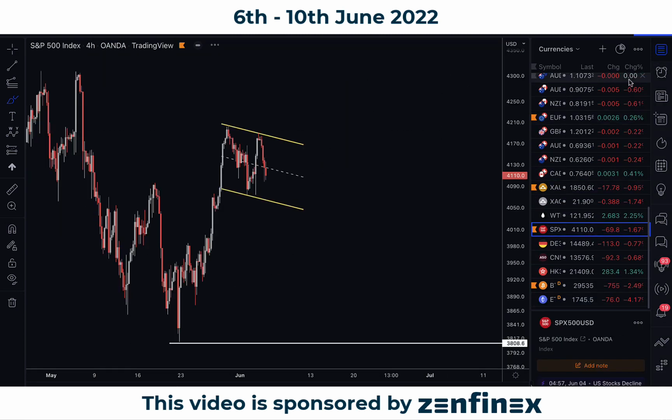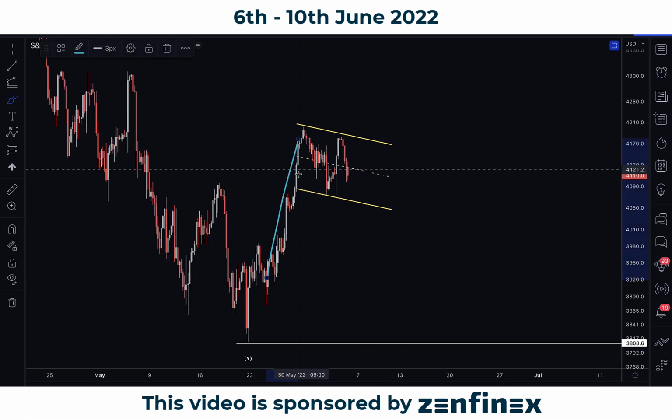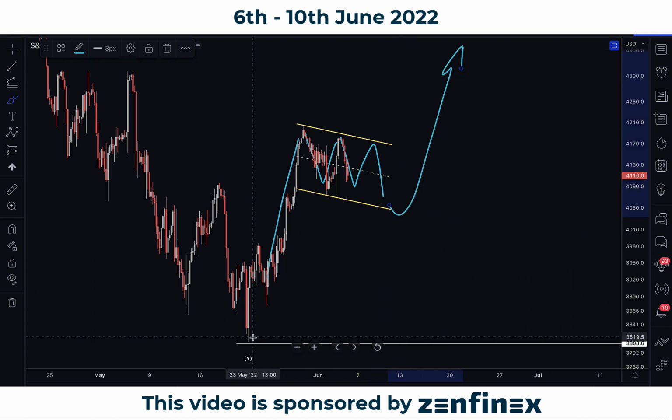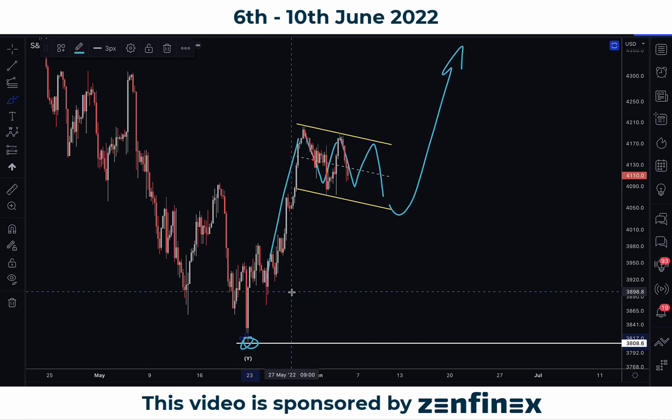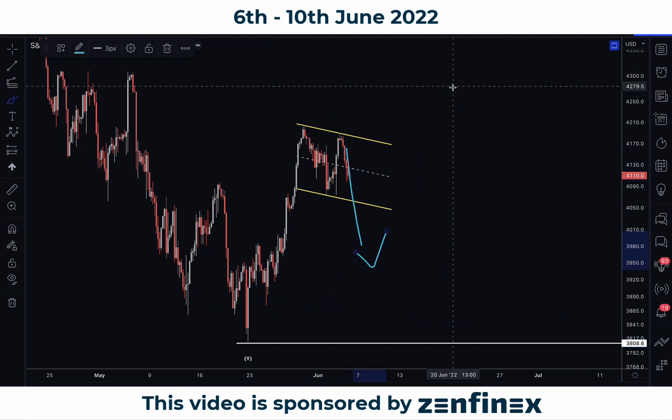Now the last one here is S&P. Last week we did get a pop. Before that, the prior week, we got a pop, and then after that, last week we started to see a little bit of consolidation, which is great. Because if the market continues to consolidate like that, we might have a high probability that the S&P has bottomed over here, which is around 3800. But it's a little bit too early to say, because of course the market can then just reverse and come back down. So we're going to give it a bit of time and see how it develops from here.